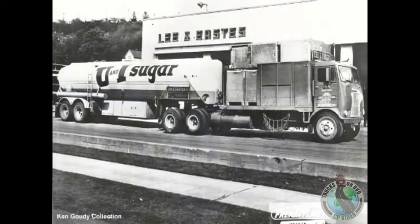My father and I worked for a company in Yakima, Washington. It was based in Seattle, and they bought their one and only drum about 1953, I believe. And it had dual uses. It pulled a sugar tanker, a liquid sugar tanker, or a bulk powdered sugar tanker,